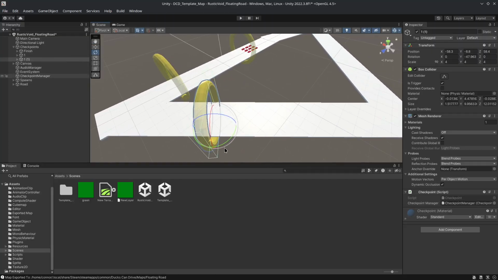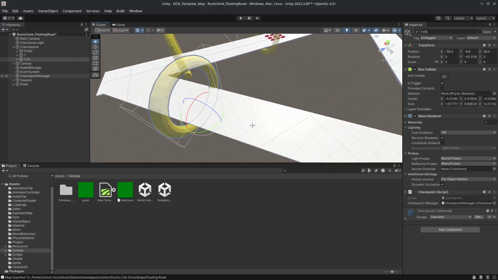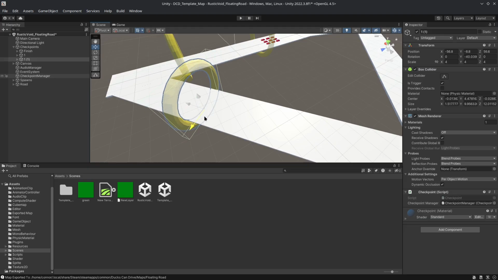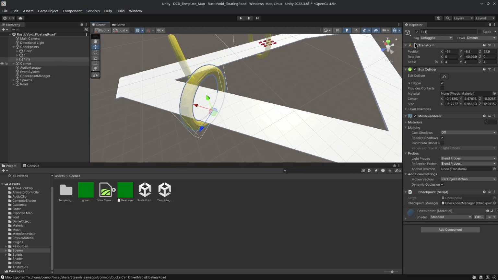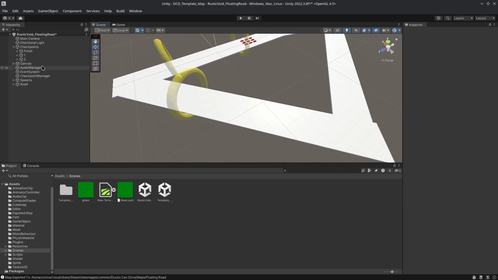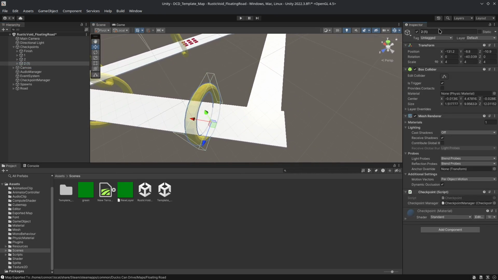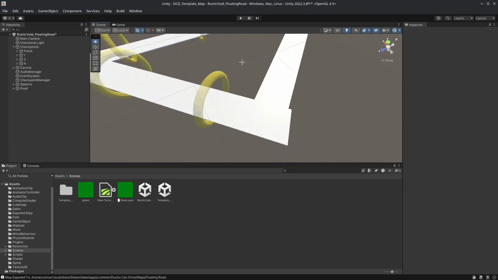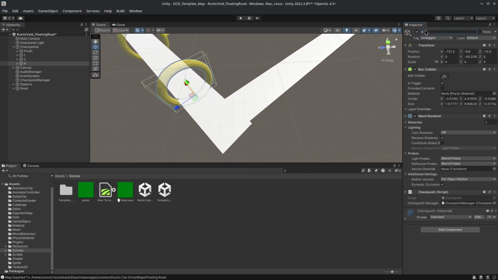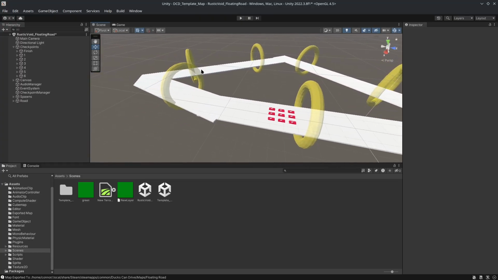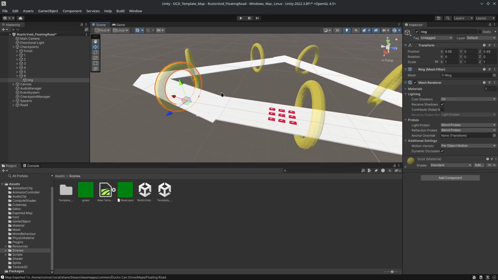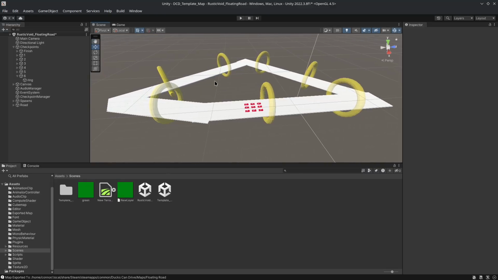And then once we've done this, we're going to call it number 2. And so on and so forth, just creating a new one and giving it a new number. Oh, that needs to be 3, not 4. Okay, so once you have all your checkpoints done and set out how you want it,